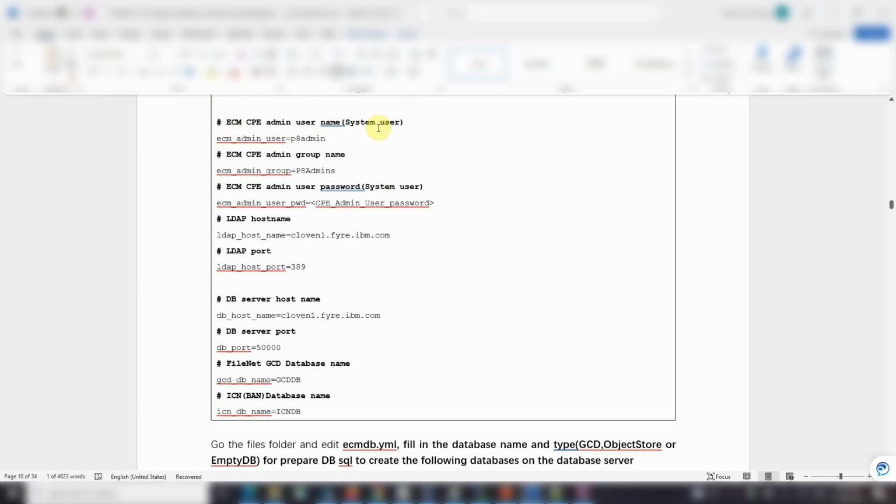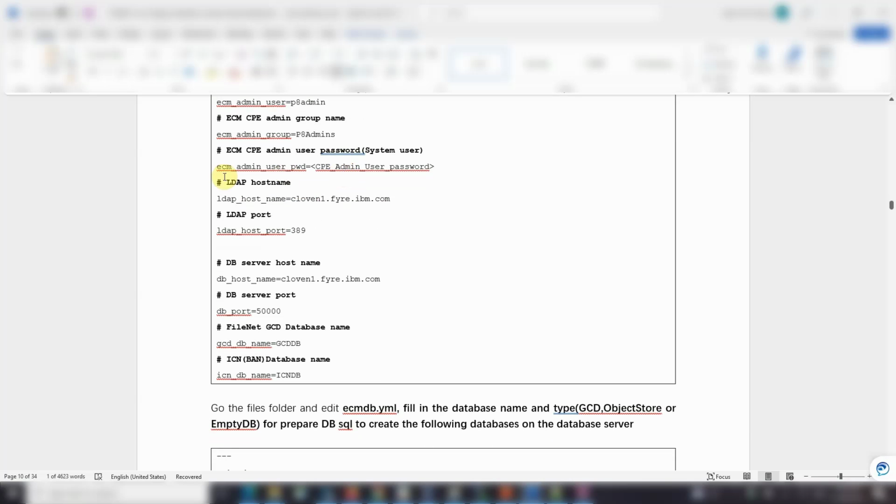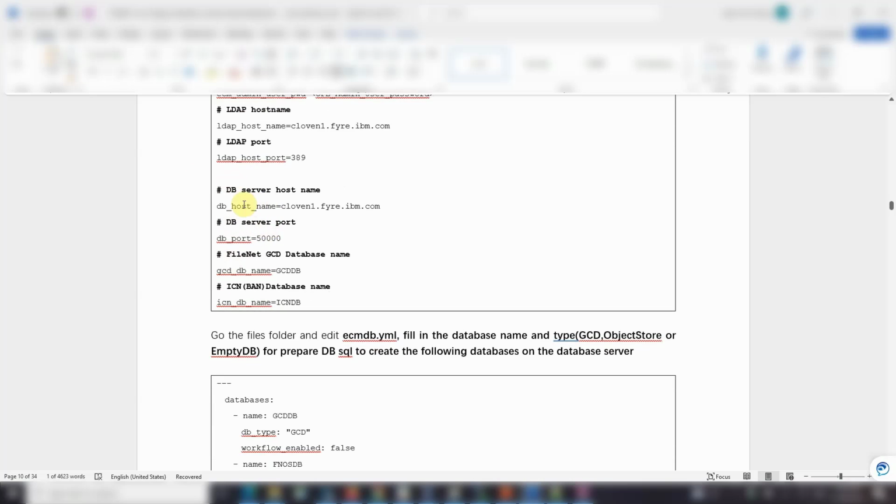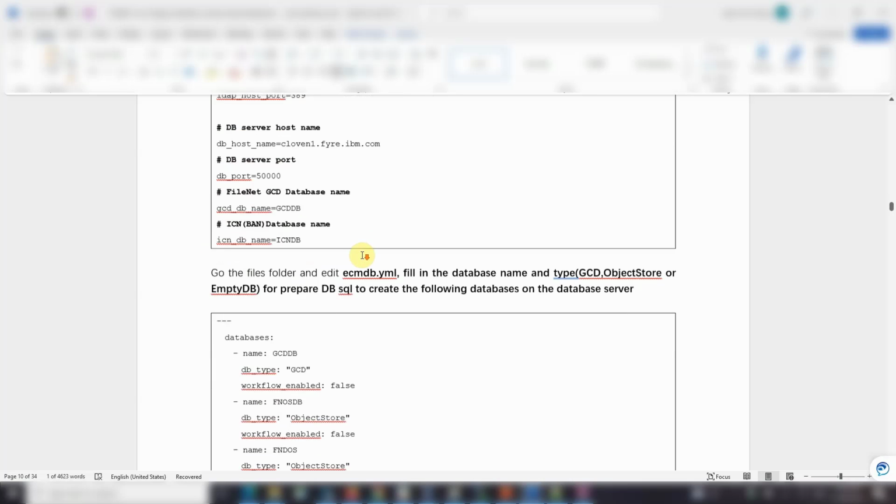This is also known as the system user. Here is the PA admin, also the admin group. Here is PA admins. Also the ECM admin user password, and also the LDAP hostname and port, and here is the DB server hostname and DB server port. This is for some JNDI settings, and also the FileNet GCD database name, also the